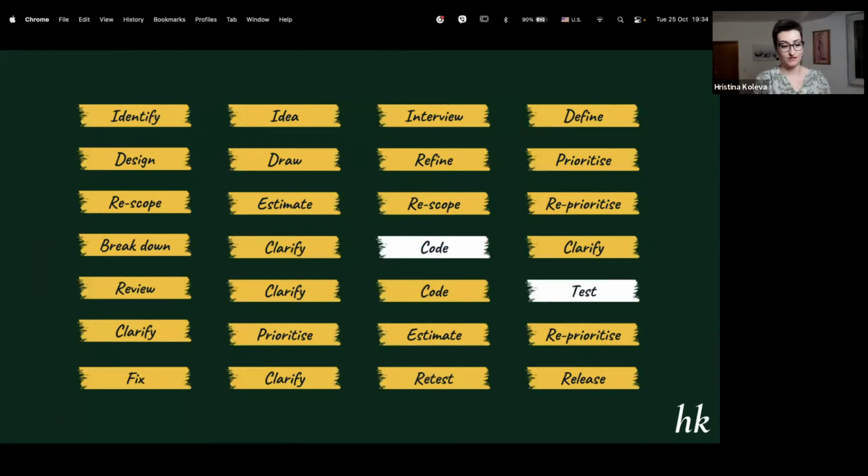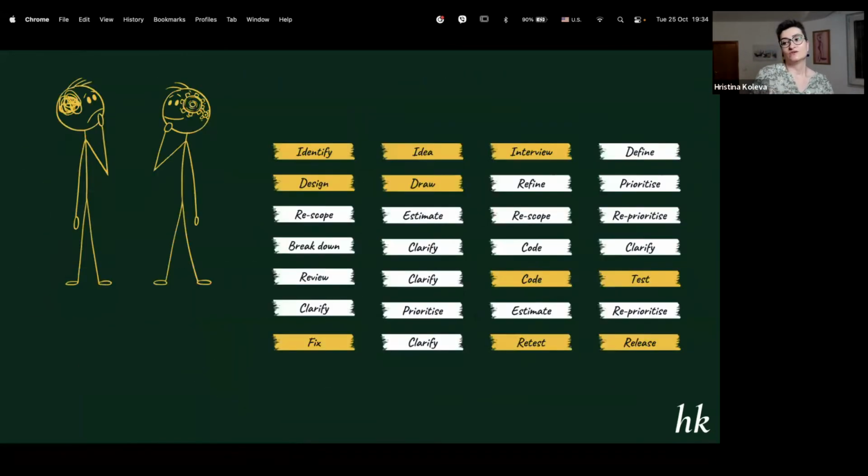And it's insane, because we say that we're agile, we're not. This is how it looks like. It's not agile at all. It's constant going back and forth. It will look like this.